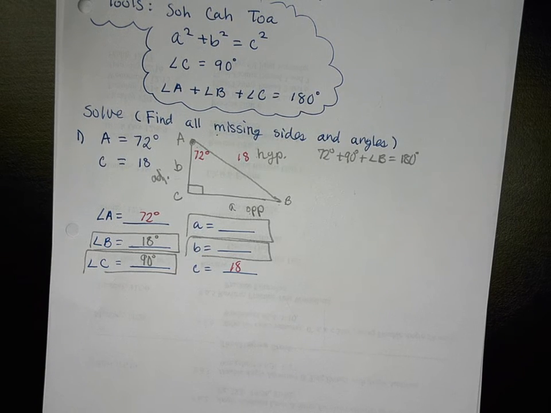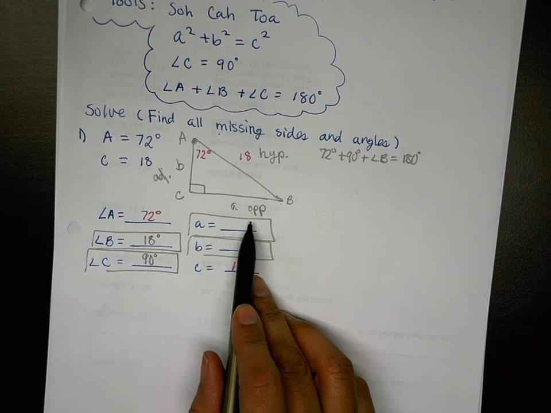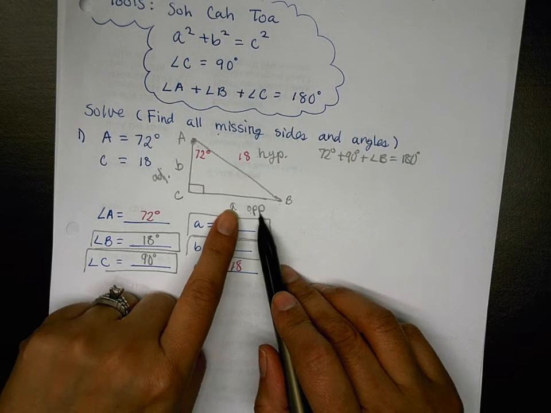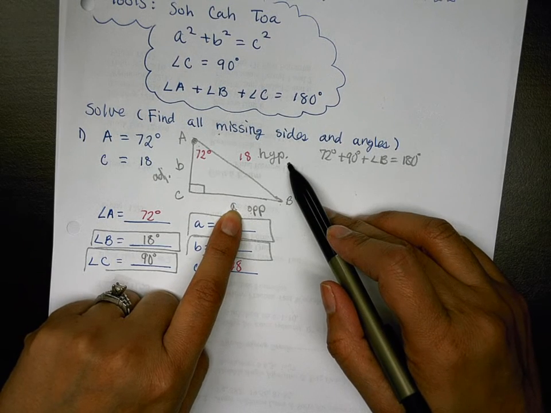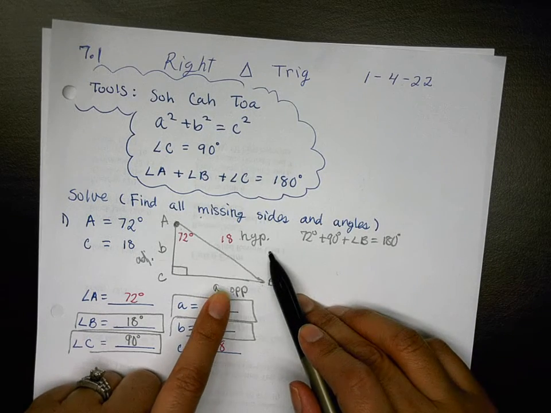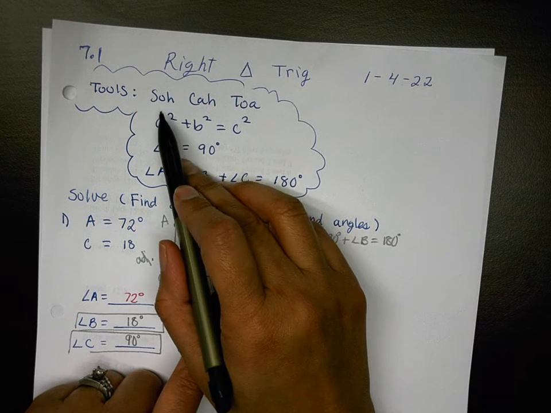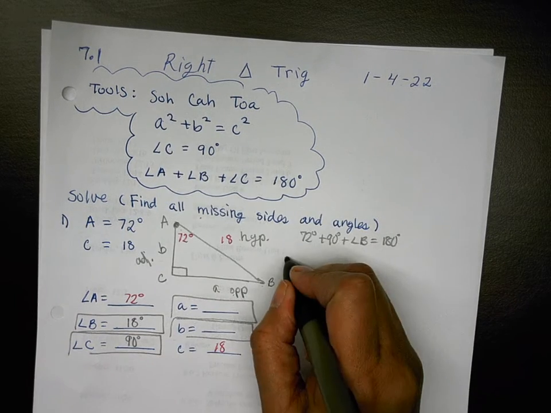I am going to work it out. I'm going to find side A first, only because I want to. It comes first in the alphabet, so I'm going to find that one first. So, A is opposite, and I'm using the known side, which is the hypotenuse. So using SOHCAHTOA, which one uses opposite over hypotenuse? O over H. Sine, cosine, or tangent? Sine. So I'm going to use sine